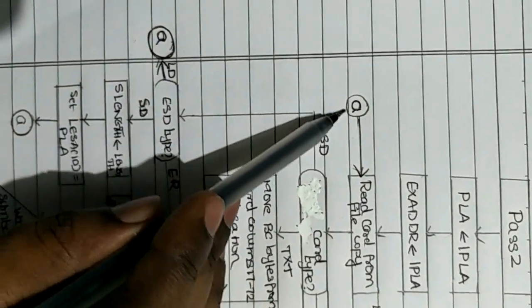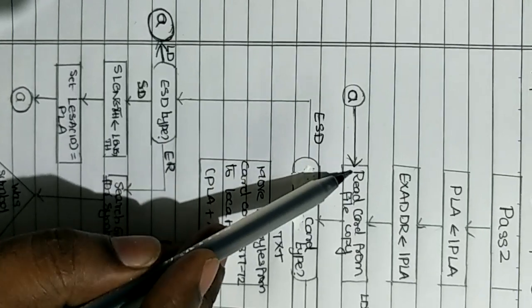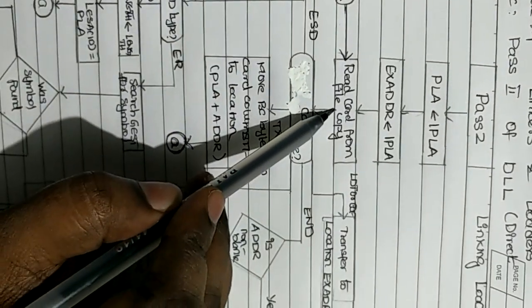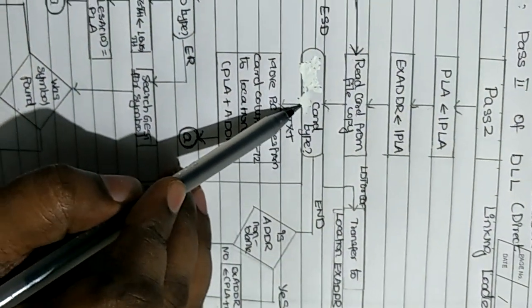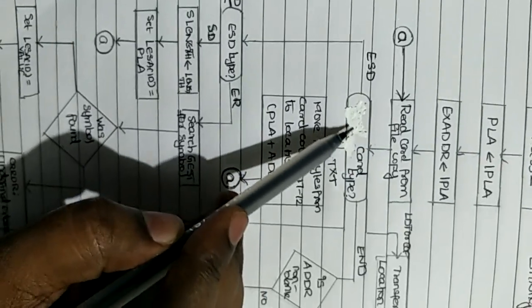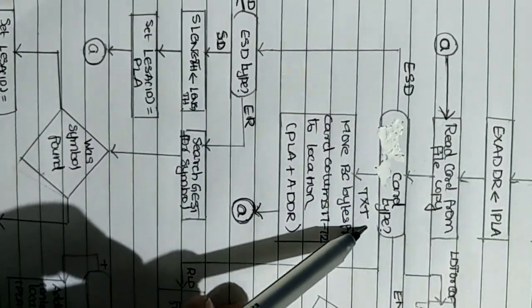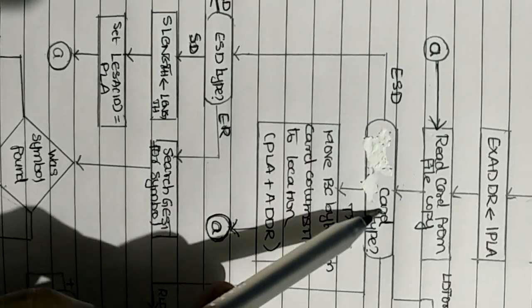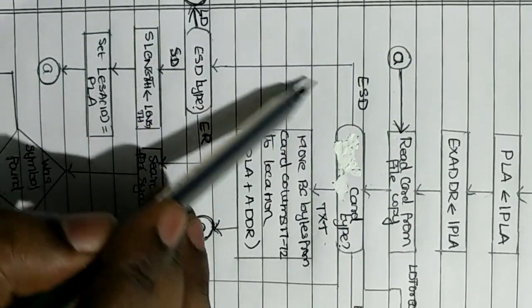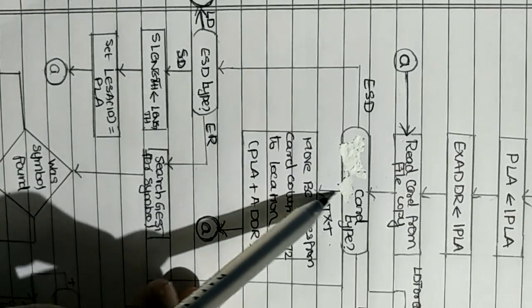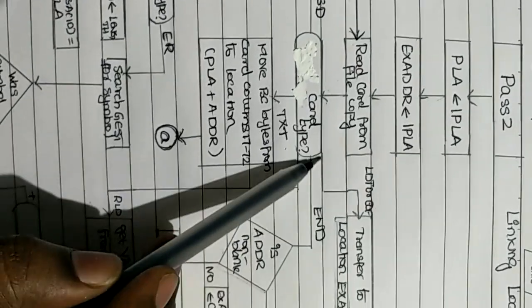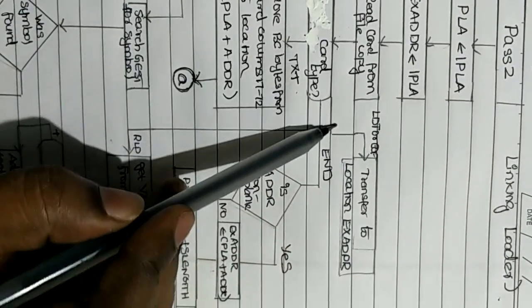Suddenly we find a circle, a person called A, comes along with them, and here there is some confusion. They managed to come down, but when they come down, this circle and this rectangle merged and became a symbol like this. After that they have much confusion about what to do. This circle person is saying I will go out this way, and this arrow mark person is saying I will try to come down. But what about these 3 arrow marks? These 3 arrow marks are saying I will go somewhere to find something in 3 different directions.